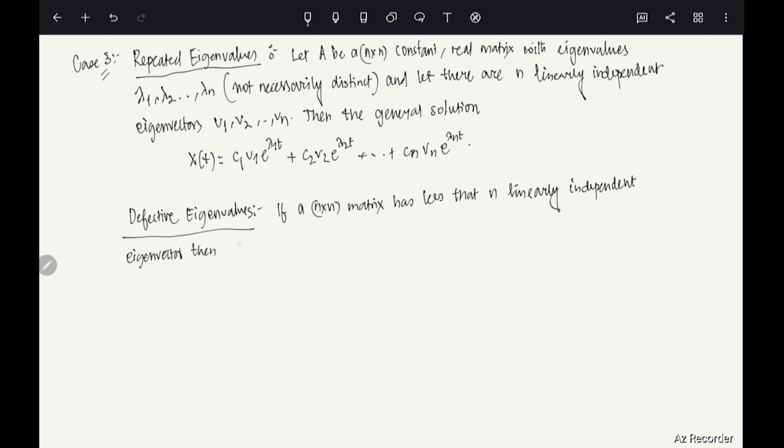Then A is called deficient. Deficient means it's not enough. There are not enough linearly independent eigenvectors. So basically the algebraic multiplicity is more than the geometric multiplicity. That is what